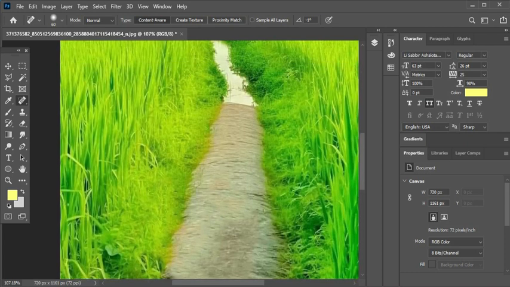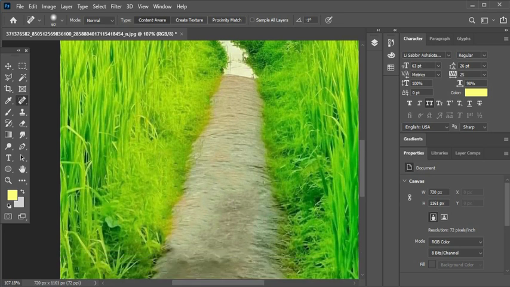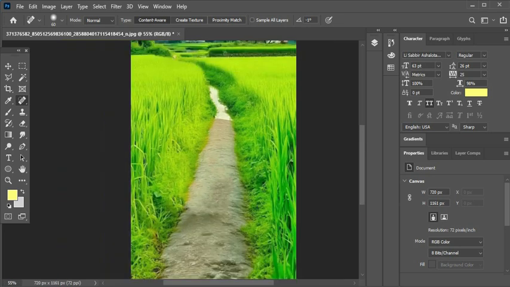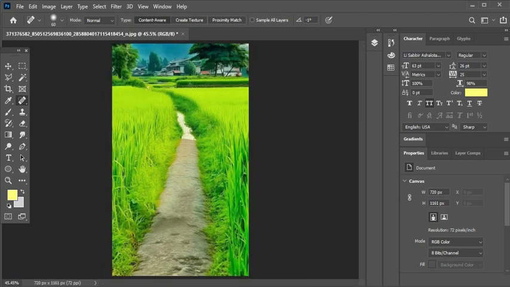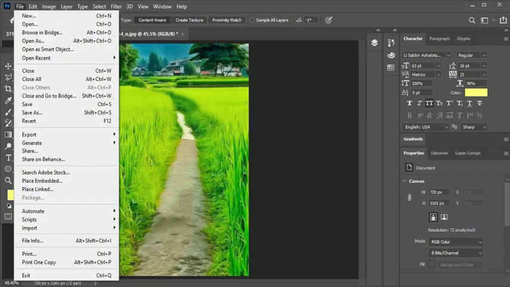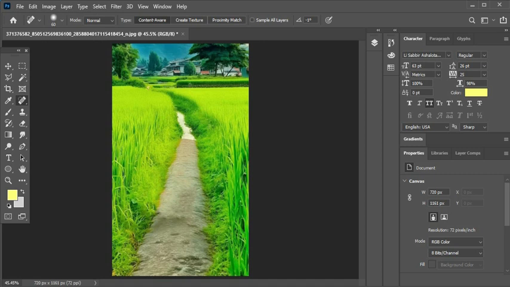Now this way you can use these tools and make your work faster, and you can easily remove any object, any logo or anything. After finishing this work you go to File and then click Save As for JPG format, and this way you can remove any object